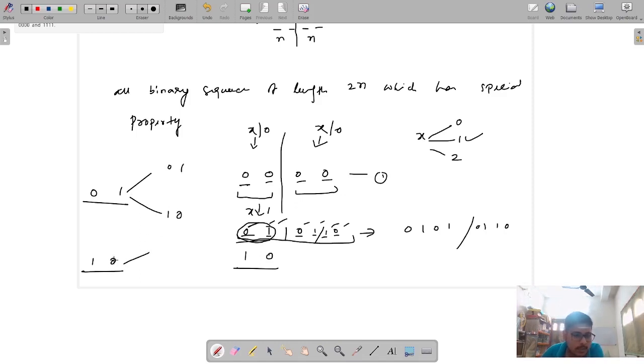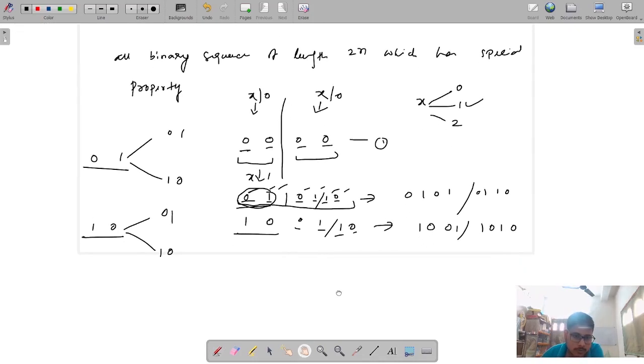Same way, when I am putting 11 in the first two positions, I can put 11 in the second two positions in two ways, 01 and 10. Okay. So I can put the rest of the positions like 01 or 10, right? So this becomes 1001 or 1010. Okay, so my answer,